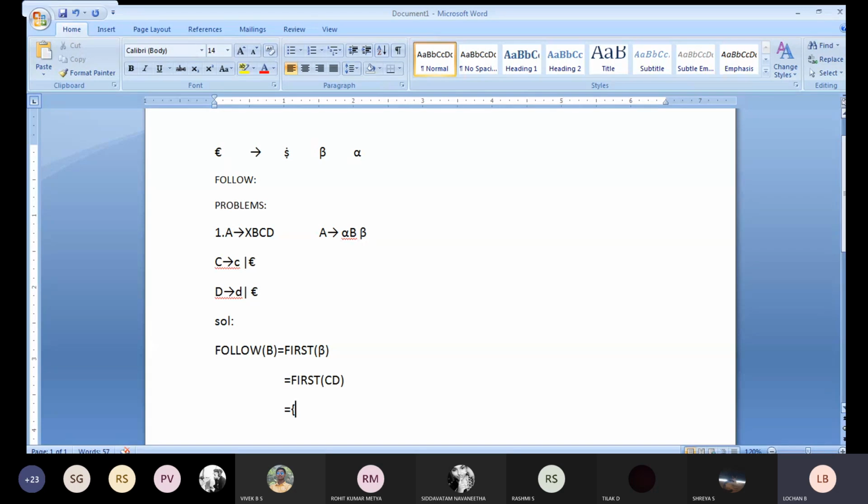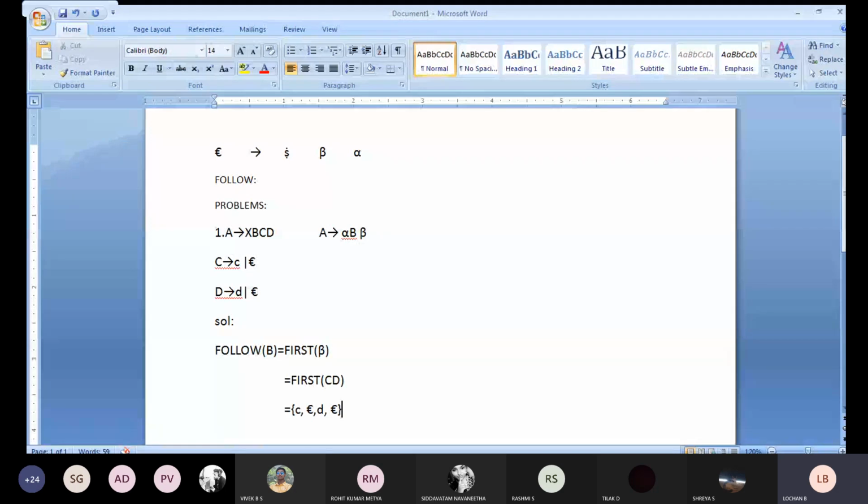See the production C. What production C did you get? C epsilon. Okay, I'm going to write small c and epsilon. What about D? D is also there. First of D, if you see any terminals, you will be getting small d and epsilon. That means in the second step, he has told that we need to calculate the first except your epsilon. I have written the step 2.